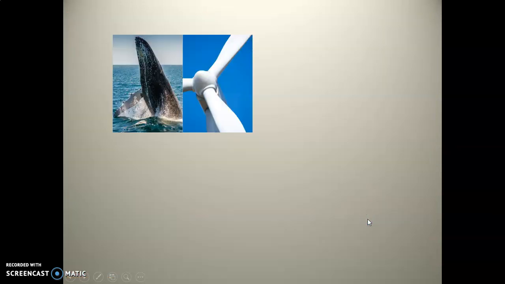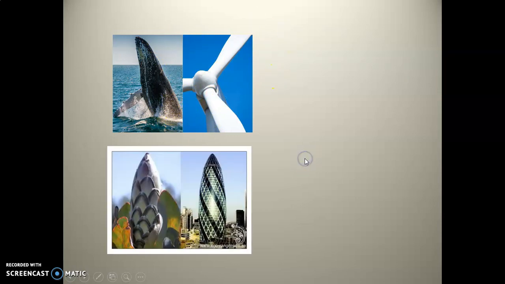Through these pictures you can see how biology is helpful to develop new computer systems and new computing techniques. First, this is a whale and this is the design of a fin, which is helpful. In the second figure, this is a tree and using this tree we can design a building.